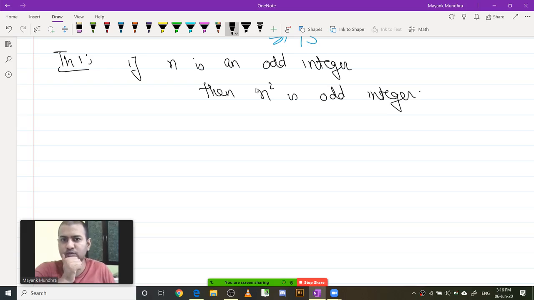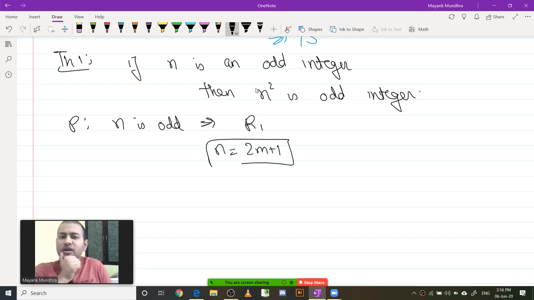Okay, so that's what we are trying to prove. So statement P here is n is odd, which implies the statement R1, which is n equals 2m plus 1. Every odd integer can be represented as 2m plus 1 for some integer m.